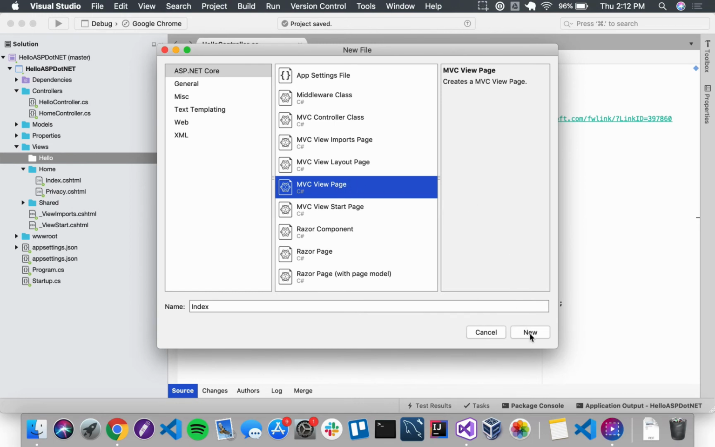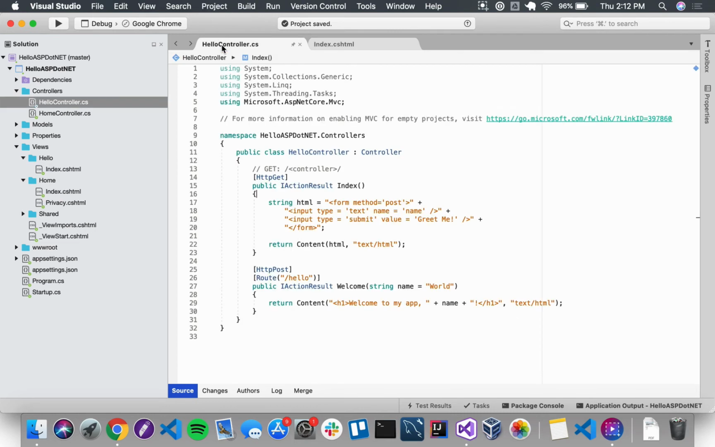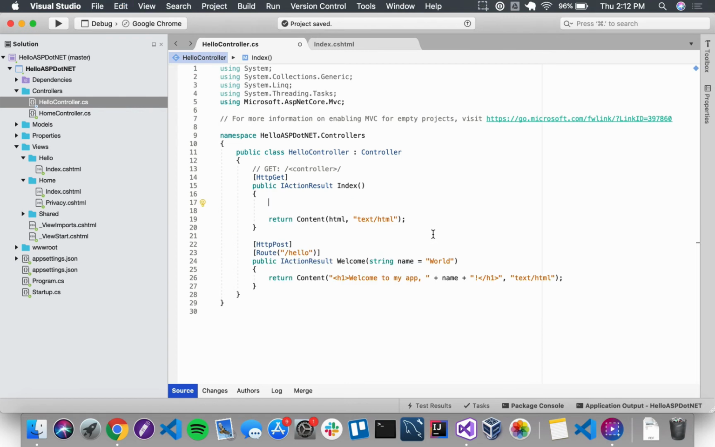So here we go, an index view for the index action method. And then I'm going to head back over to Hello Controller, and I'm going to cut and paste that string of HTML out of the action method and into this view that I just made. So that should take no time. I just need to highlight everything, cut,